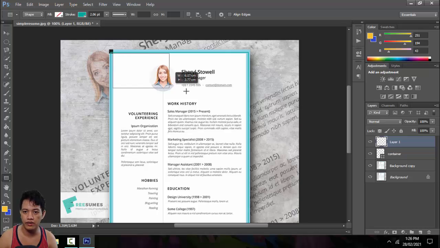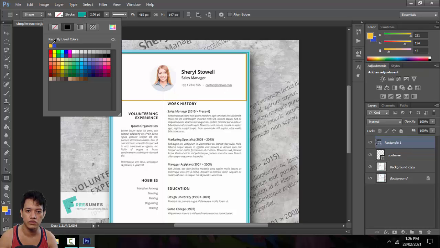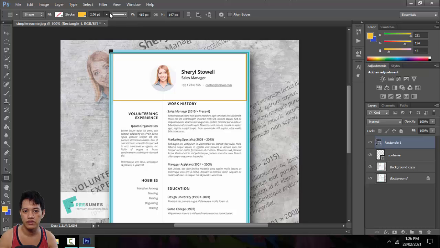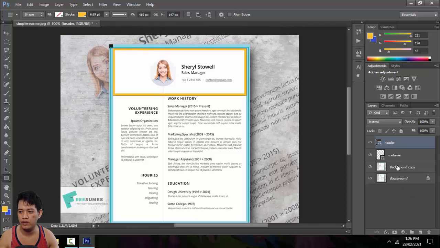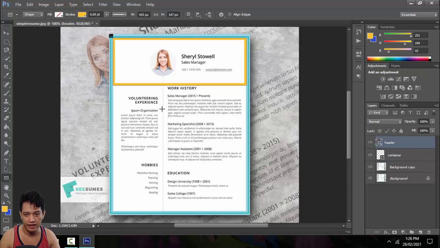We have our main header. This part is a header. We're just going to change the color. So you see that we're going to make this header. That's the header. We have already our main parent, which is a container. Then the header, and then another one,